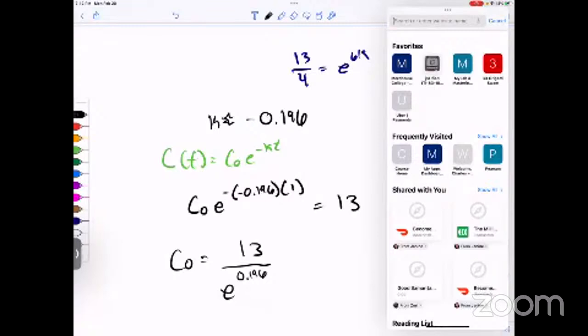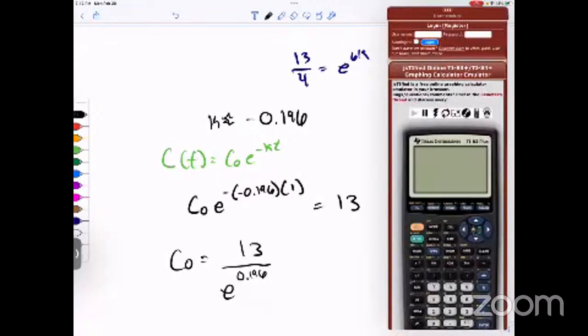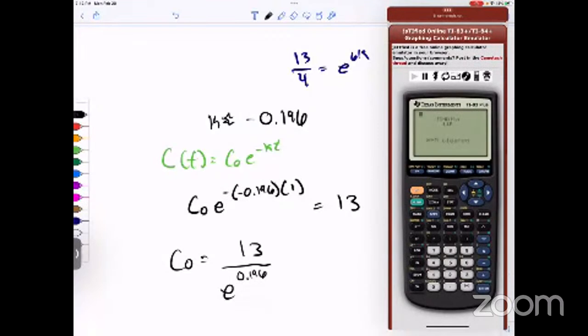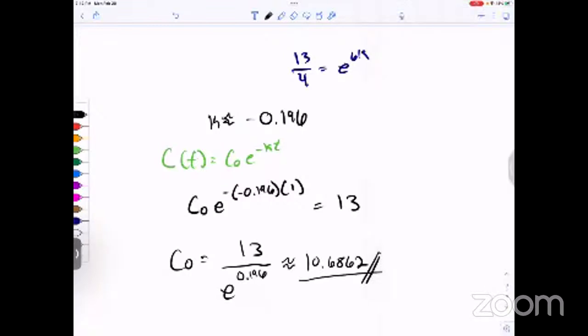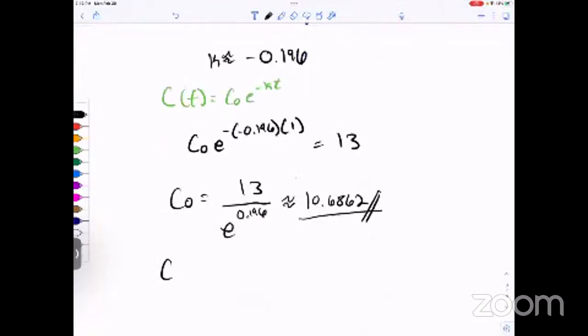Okay, let's reload and refresh. And then we're just going to say 13 divided by E to the 0.196, okay? So the original concentration is approximately 10.6862, okay? So that's the initial concentration. So then our model looks like it's going to be 10.6862 e to the